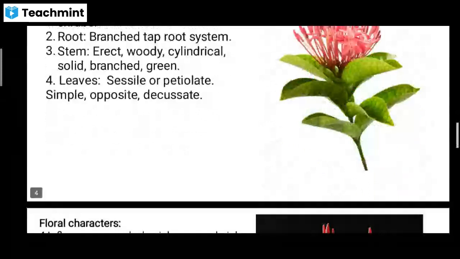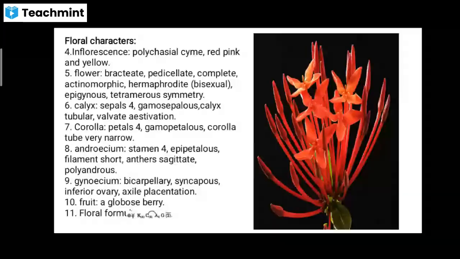Polychasial sign, that means the old flowers are at the center and the young flowers are present at the periphery. Then the flowers are bracteate, so a small bract is present at the base of the flower. Then it is pedicellate, a small pedicel is present at the base of the flower. Then it is a complete flower, that means male and female reproductive organs are present on a single flower. Then it is actinomorphic, hermaphrodite, that is bisexual, that means male and female sex present in same